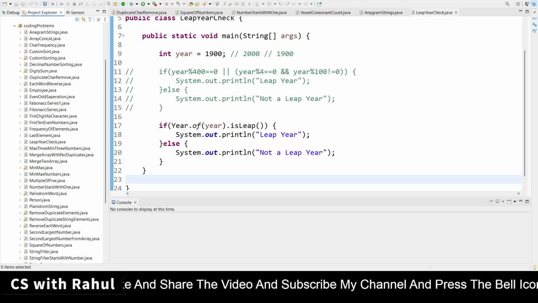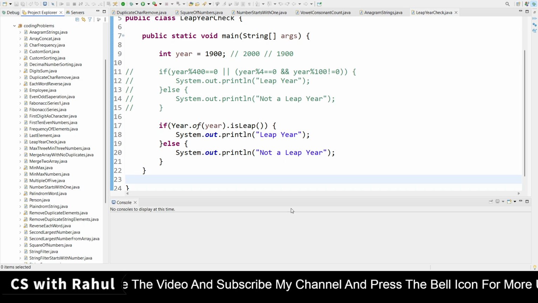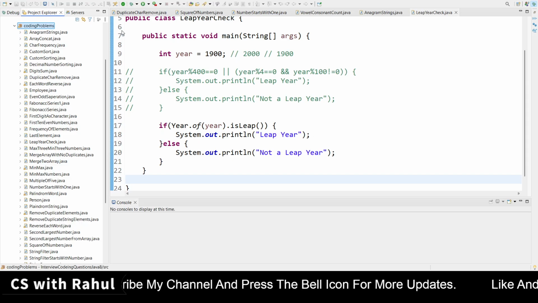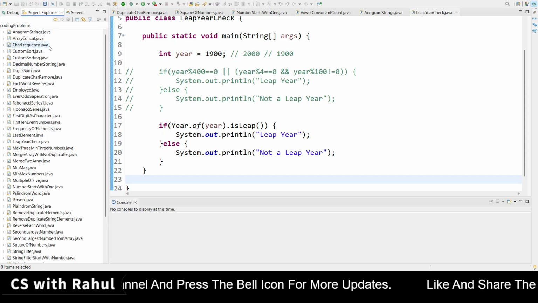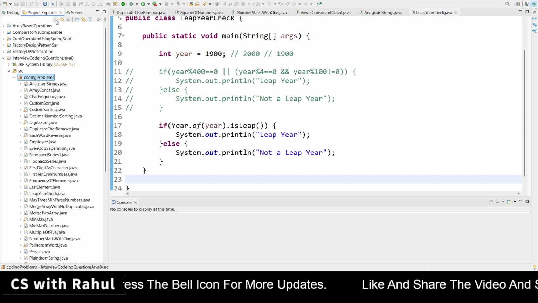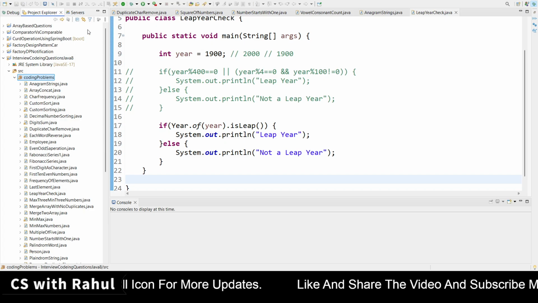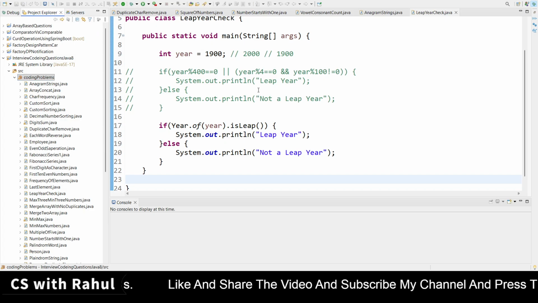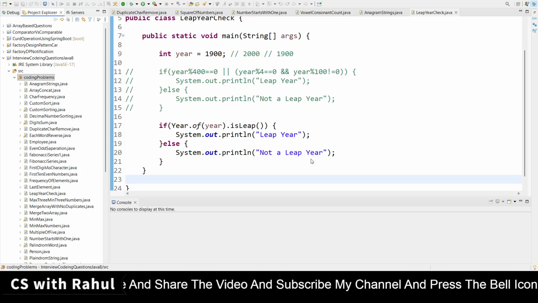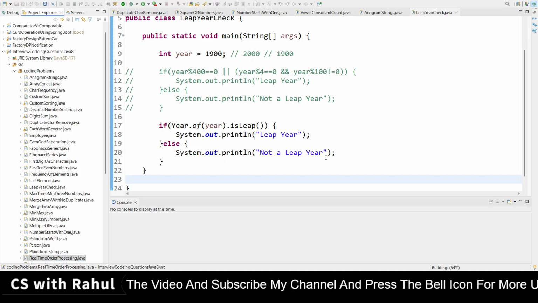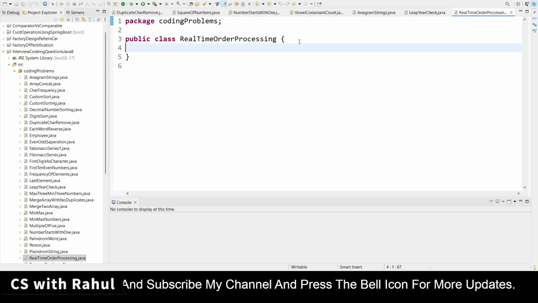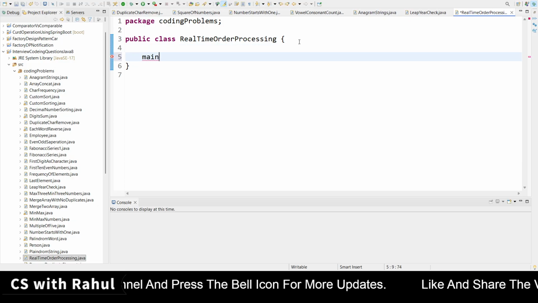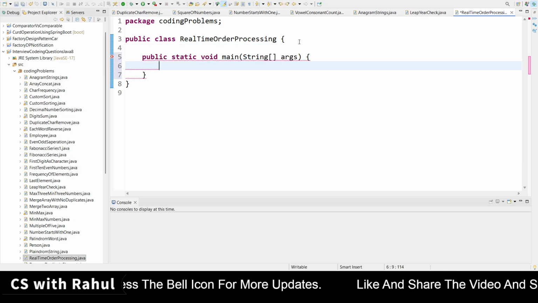I will keep both the classes in the same file so that it is easily understandable for you, and we don't need to switch. Here I am creating the main class, real time order processing system, and first I am going to create one main method.